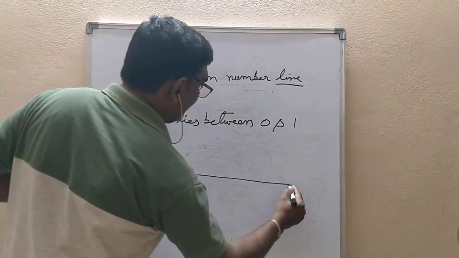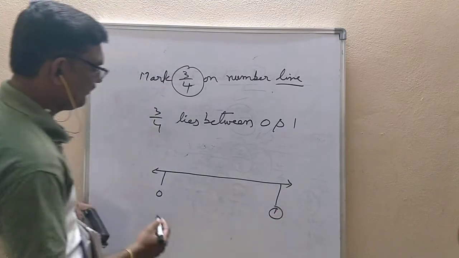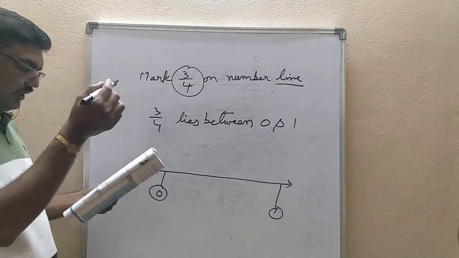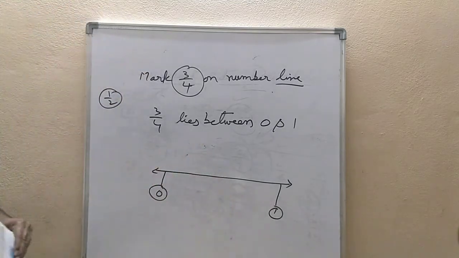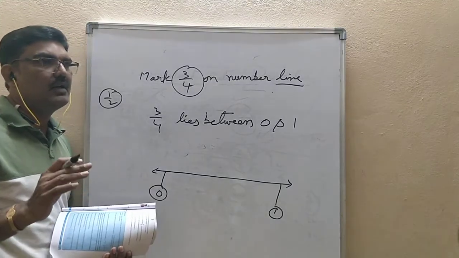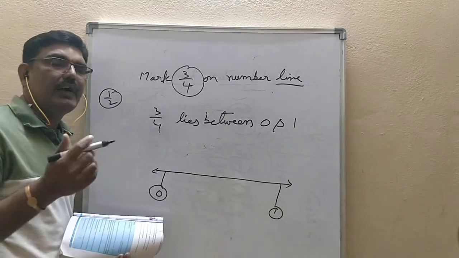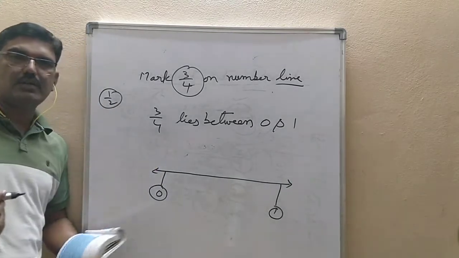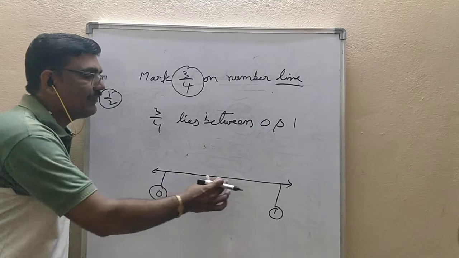So I am drawing one number line. I am keeping 0 here and 1 here on both sides. 0 and 1 I marked already. In the previous problem, when the question was 1 by 2, I divided from here to here into 2 equal parts. In your family, if 2 children are there, then whatever your father brings will be made into 2 parts. In your family, if 4 children are there, then what will you do? You will make it into 4 equal parts, or not? So in the denominator what do you have here? 4.